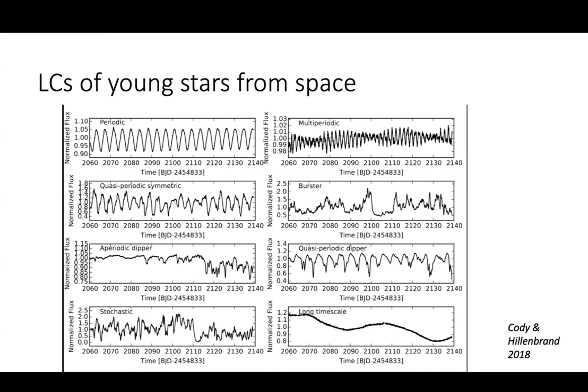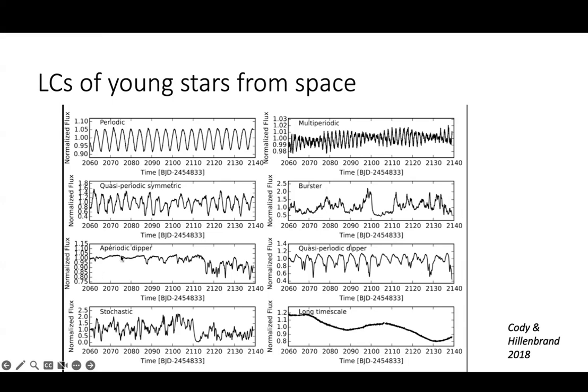This is the zoo of light curves you get from stars with disks around them. You can get some that are plain periodic. This is 2 periods that are beating. Here you get something where you can still see a period, but it's not as clean as that, hence quasi-periodic. You get things like this, where it's sort of trending along and bursting, not periodic though. That we call a burster, and it's probably accreting. Those are probably pops of accretion.